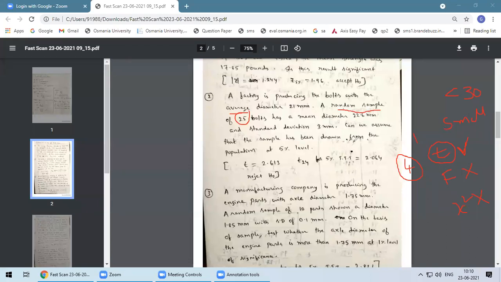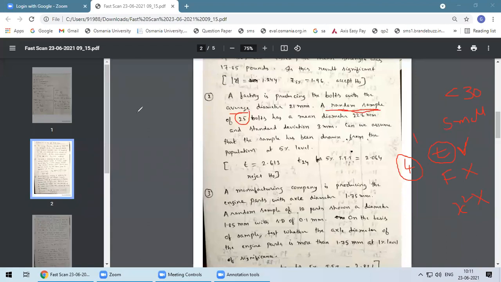Difference of means and paired t-test require 2 samples. But in this case, how many samples are considered? Only one sample, a random sample of 25 bolts. That means this particular problem comes under the t-test for single mean. Like that, you have to identify the test. Is it clear, all of you, how to identify the test? If it is clear, I will go to the solution. If you have any doubt, you can ask me. If it is clear, I will go to the procedure steps.